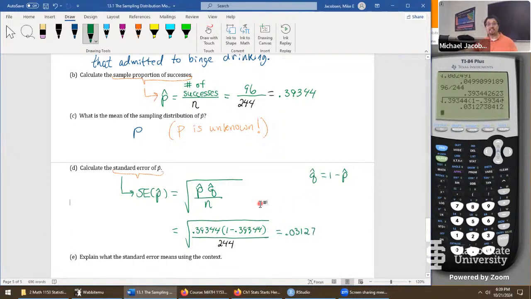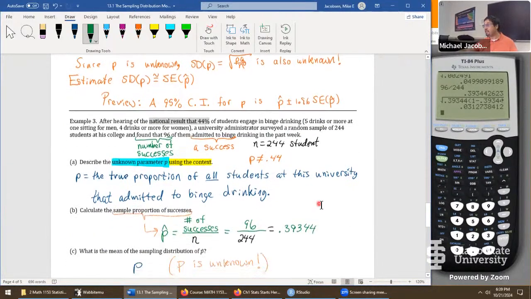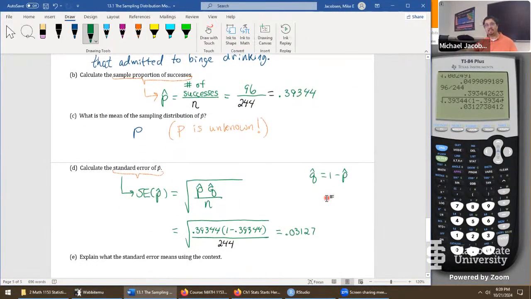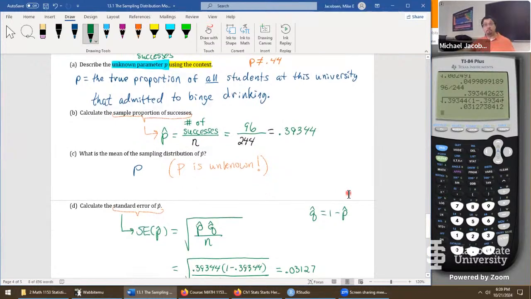Well, we did it, folks. That's the standard error. And using that standard error, it goes right here, multiplied by our right quantity coming from the normal distribution, added or subtracted to our best guess at the parameter value. That gives us a full-on interval. And the most interesting thing about that interval is, will it capture the 44%? It may or it may not. If it does, it tells us this university is not unique at all. It's just like the nation based off what we know.